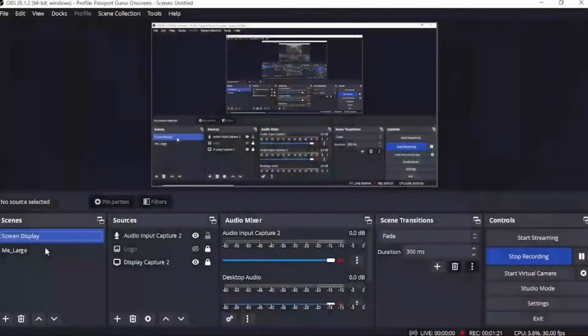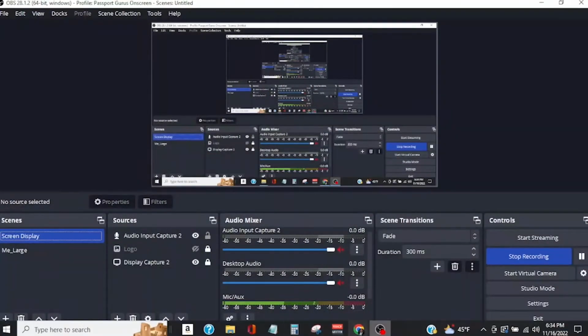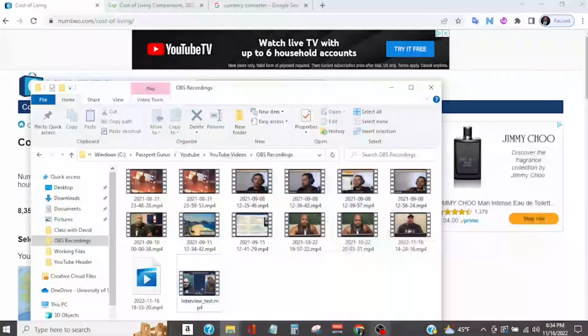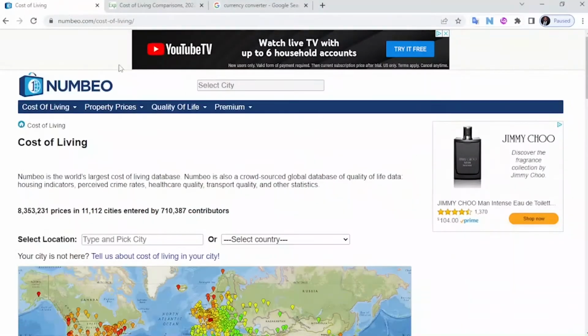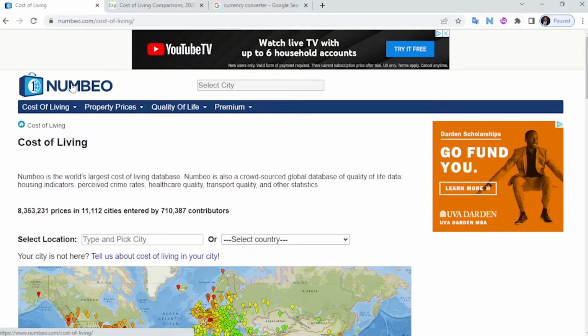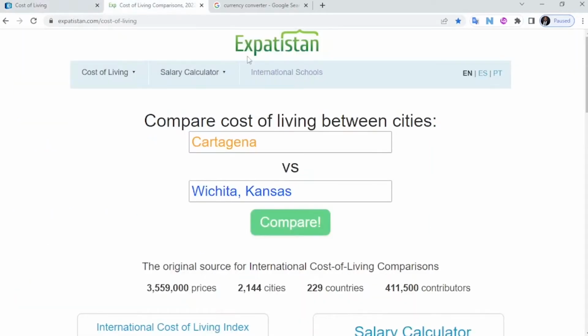Okay. All right. So what we're going to do here, let me go ahead and get to my screen here. We're going to talk about two websites that I'm using that I found that are really helpful. Okay. Let's go here. All right. So this is the first one. Now I'm probably going to jack up this name. I think it's Numbeo. Don't quote me on that, but Numbeo. That's the first one. The next one is